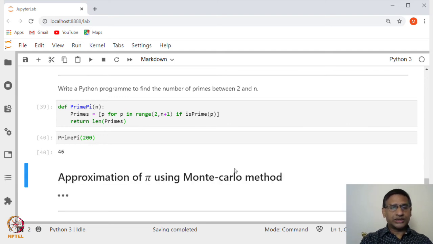Let me give you another example. Let us say we want to approximate pi using what is known as the Monte Carlo method. So, this method is very simple. The way it works is that, for example, you take a unit square, and inside that make a circle of radius, let us say 1, and this circle is centered at 0, 0,